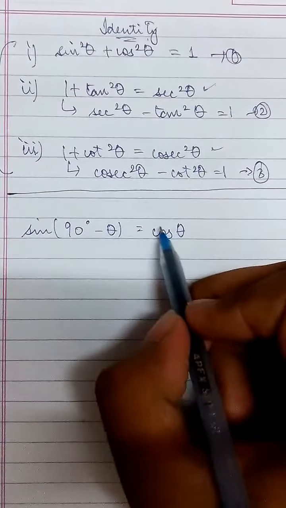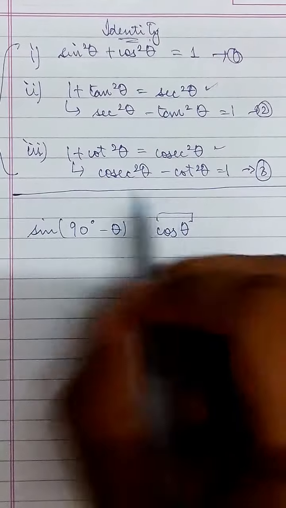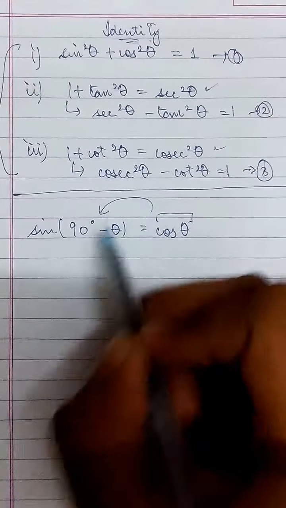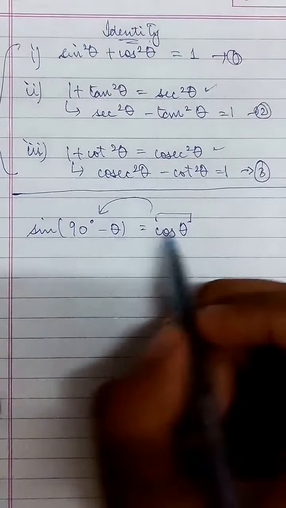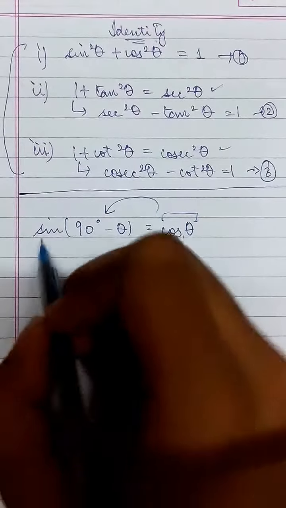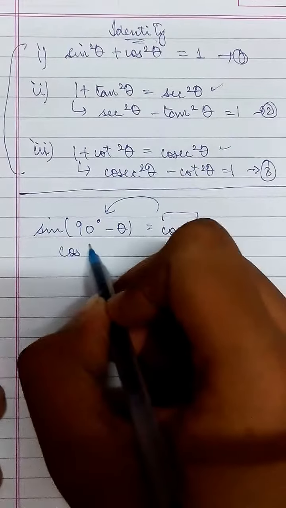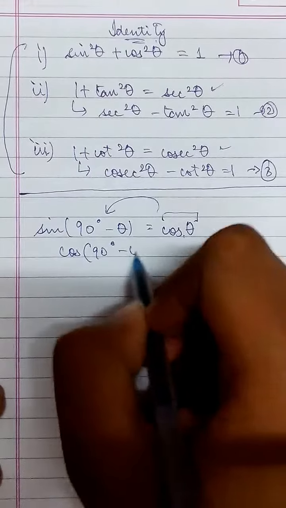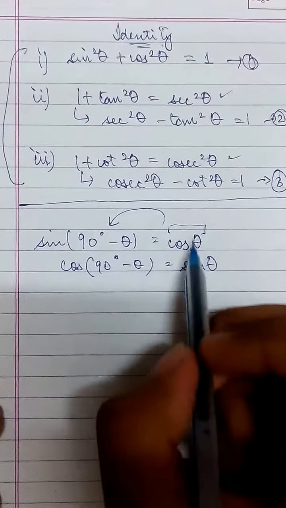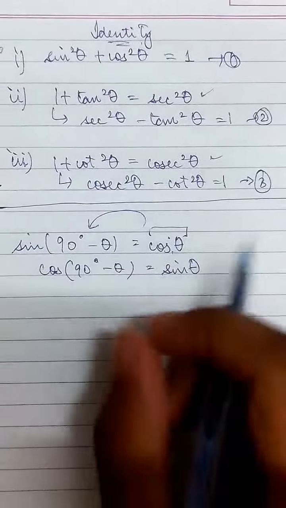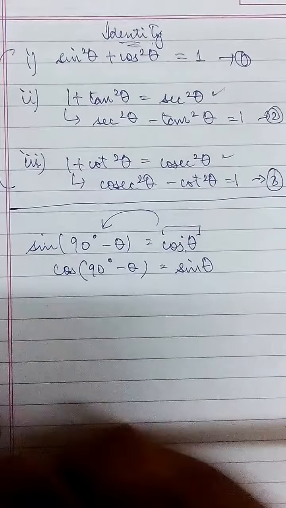So this formula is used when we are given a value of cos theta and we are to put the value in sine. There are sums in the NCERT which use this basic formula. So cos 90 minus theta is equal to sine theta. Fine. So cos here, sine here, and cos sine relationship done.